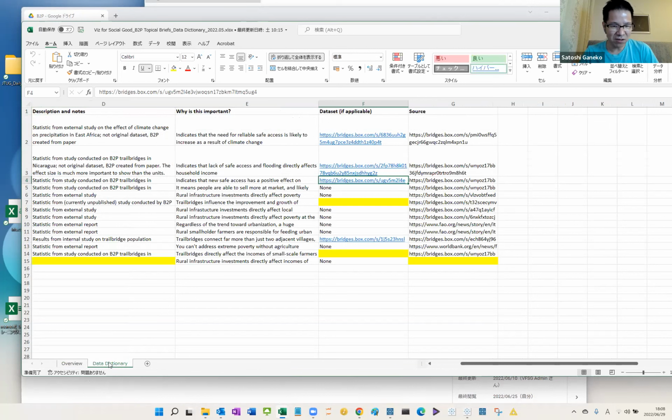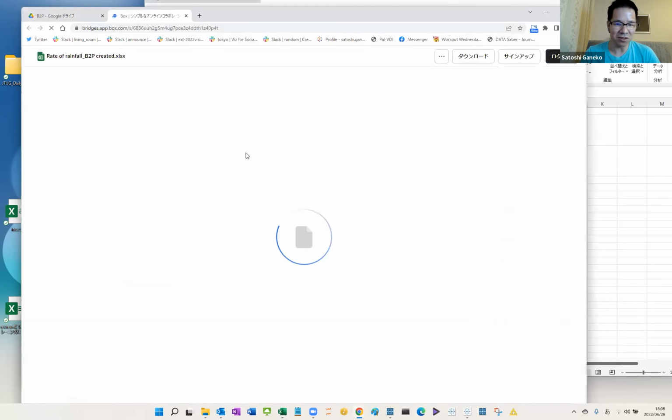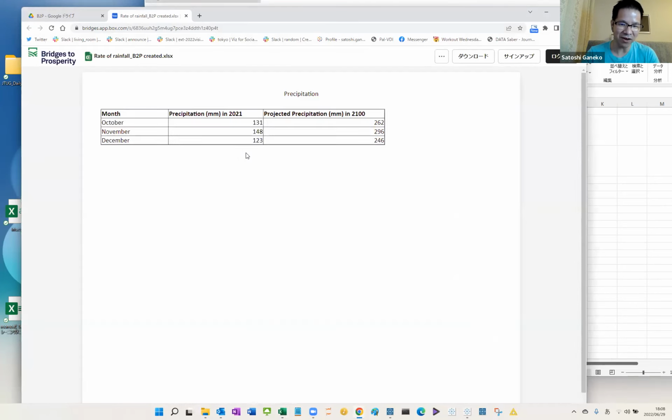One more sheet shows data dictionaries, and these 4 links go to small data files describing the background or impact of this project.